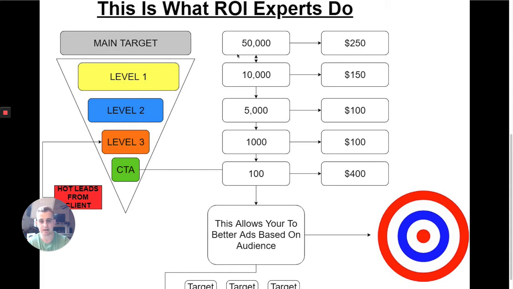So you can see that of those 50,000 people, 10,000 of those people watched 50% or more of that first video. So instead of showing a bunch of people the second ad, we're only going to show those 10,000 people